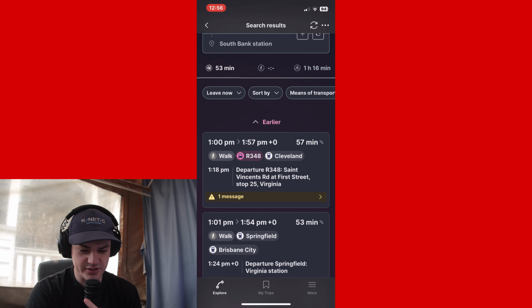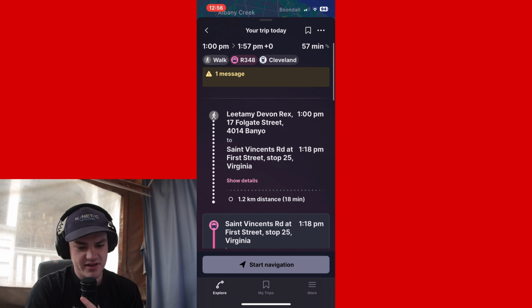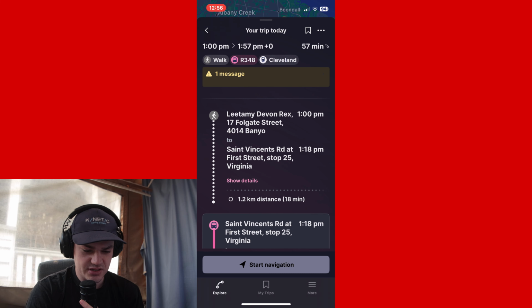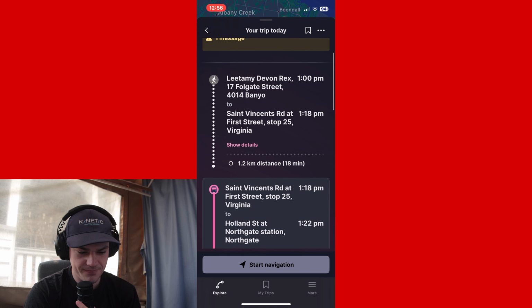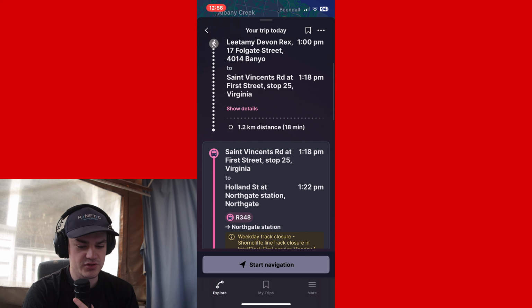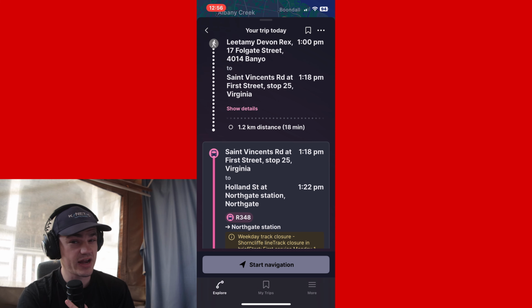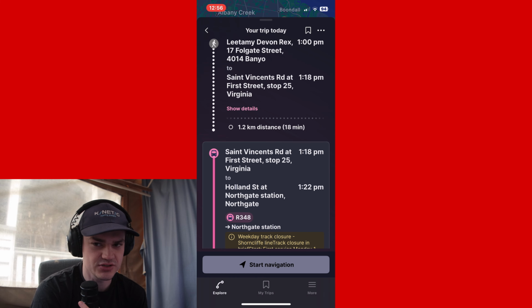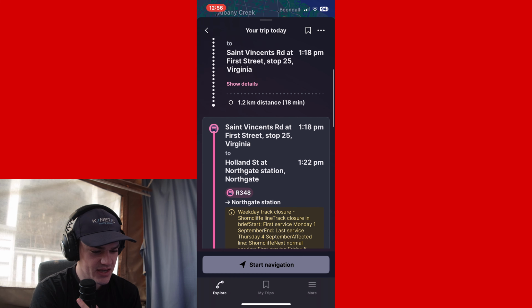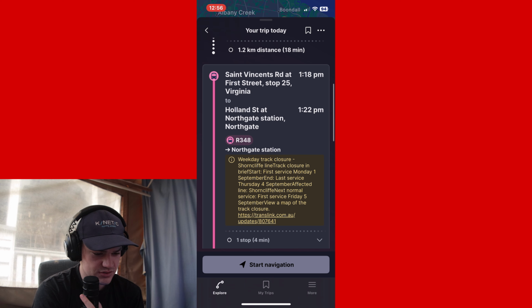However, if I actually tap on it, it'll say from this address to St. Vincent's Road, 1st Street, stop 25, Virginia. It's a 1.2 kilometer distance. So that's an 18-minute walk, which sounds about right. I could probably do it in 14, but that's just because I'm like 80% leg. So it tells us to go to St. Vincent's Road, 1st Street, stop 25, and it will take the